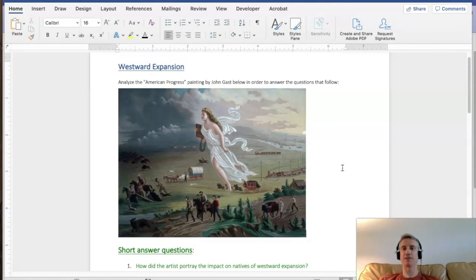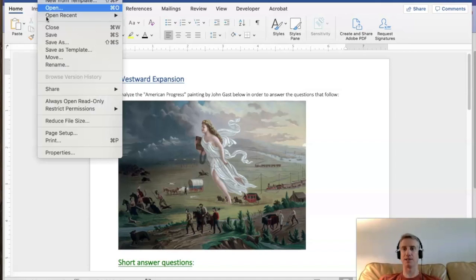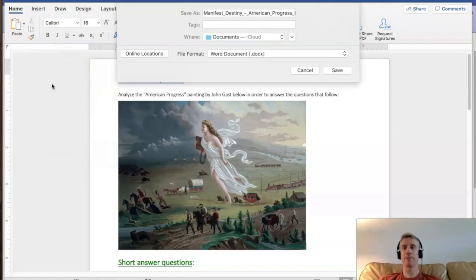Okay? Now once you've answered all the questions in the document, the next thing to do is to save it. So again, this is an iMac, this is not a PC, so I click File, I click Save As. You might have to click Save a Copy, and this window pops up here on a Macintosh. On a PC, you'll have the same window pop up a little bit differently, but the basics still remain the same. Where it says Save As, you can change the file name.